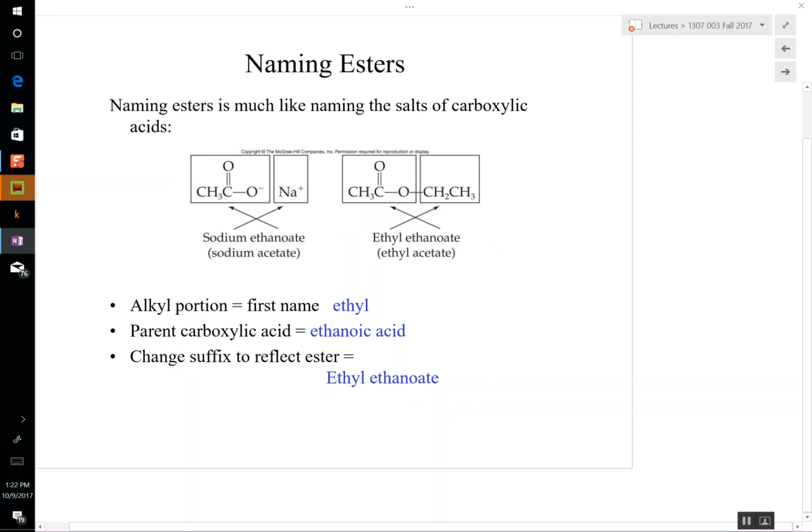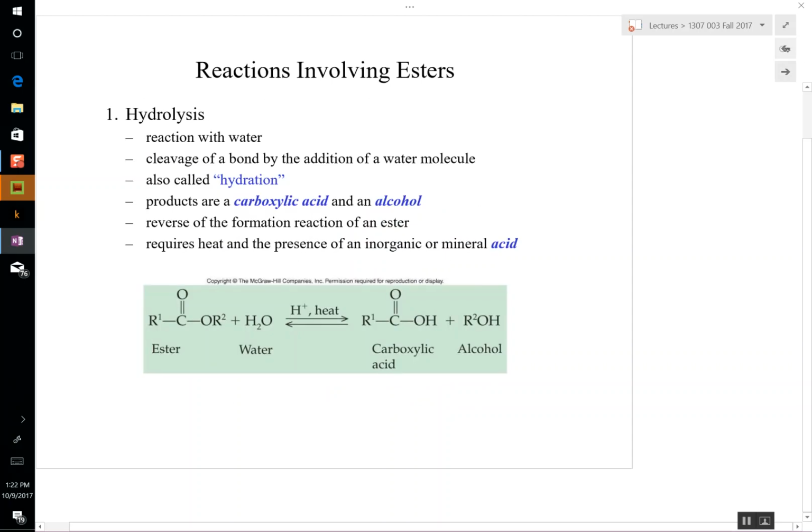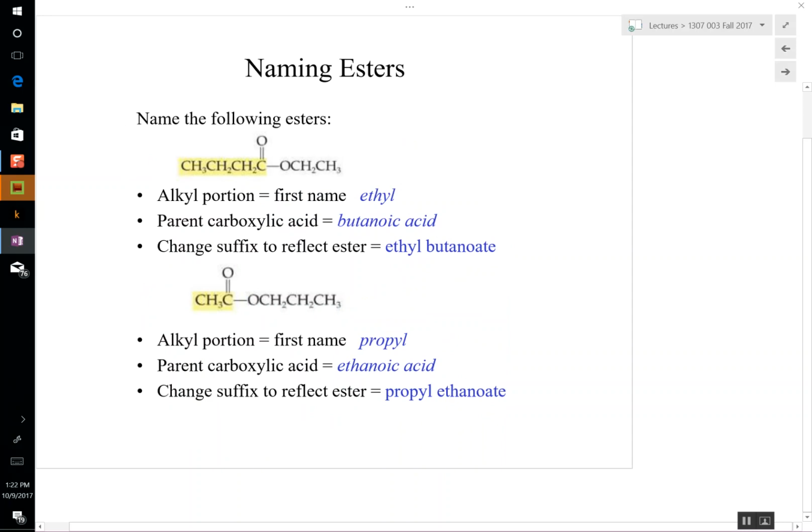Yeah, this is just showing it again. One thing I want to make sure you don't get confused about. Let's go back here. Don't get confused. There's propyl ethanoate, but